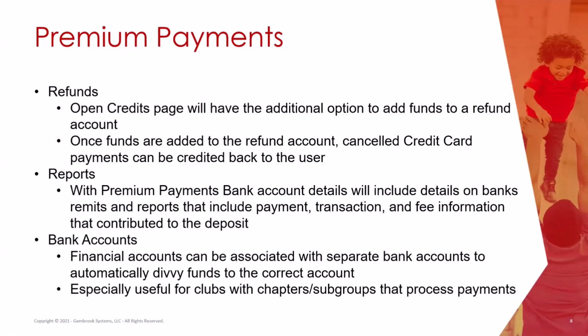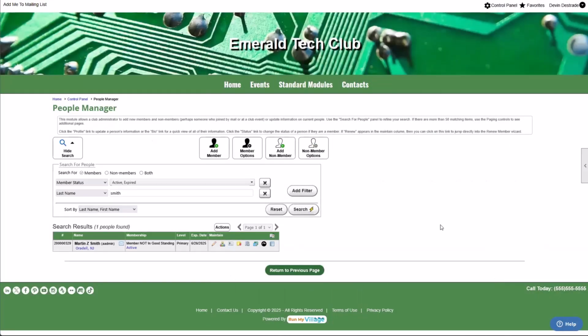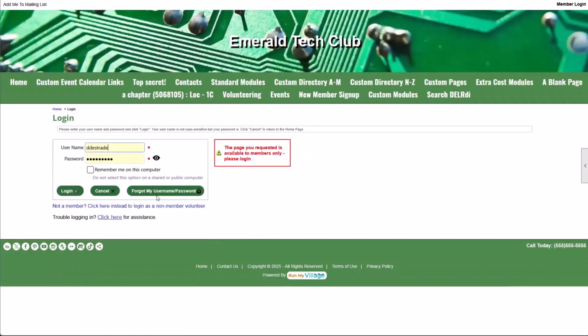With premium payments, let me share my screen one more time. Let me switch to my premium payments website. So I'm now going to go to a different test website. This is an entirely different website, and this website is set up to use the premium payments option. With premium payments, the process for refunding does not run the risk of allowing people to double dip into a refund. The way the process would work is we would head into a member's profile and any